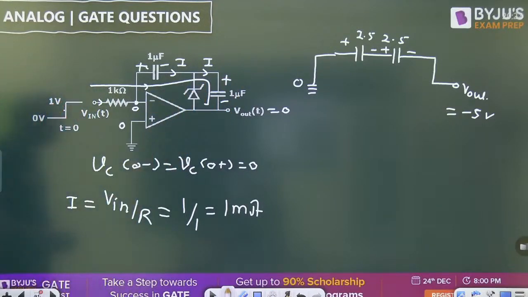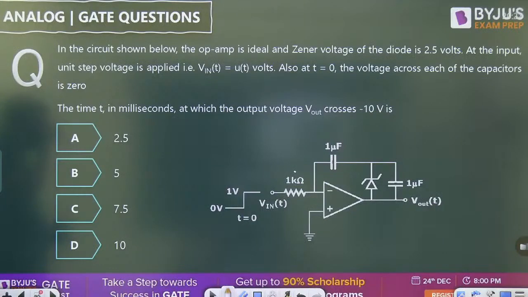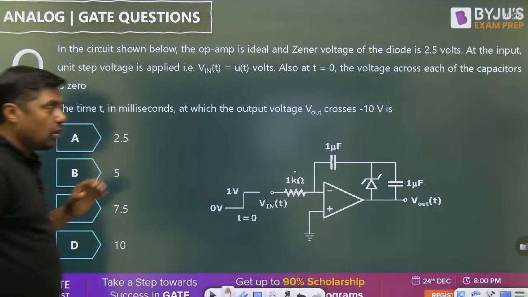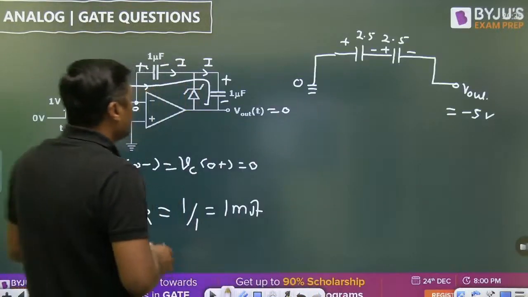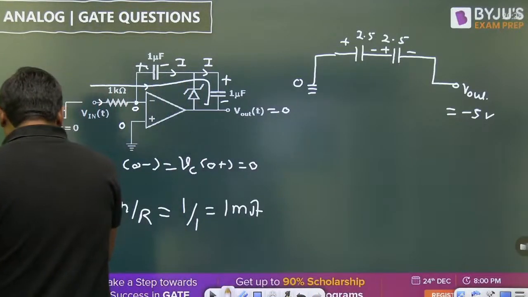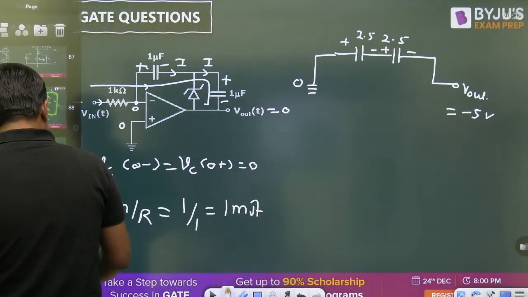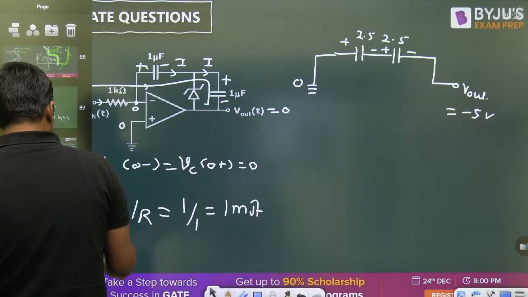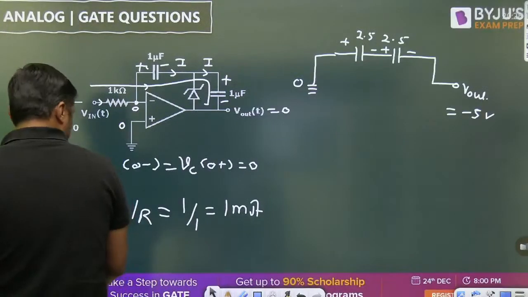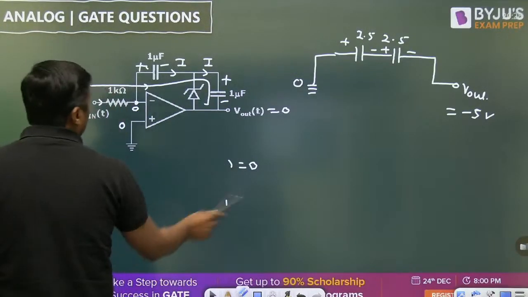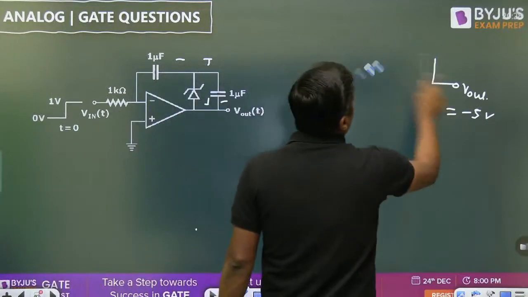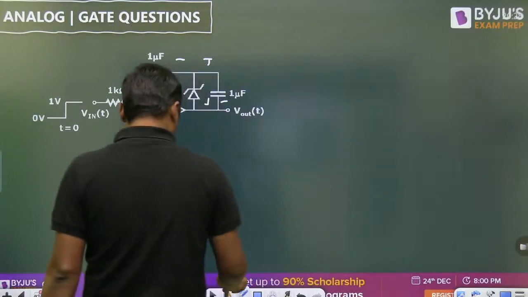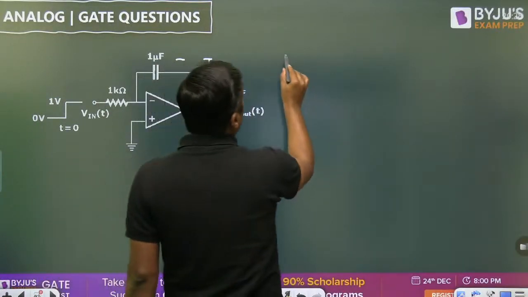Zener diode will break down. Once the Zener diode is broken down, what is the Zener diode voltage? 2.5 volt. Once the Zener diode is broken down, the voltage will become constant. When voltage across that becomes constant, then this is gone. Now the Zener diode is broken down. Once it is broken down,